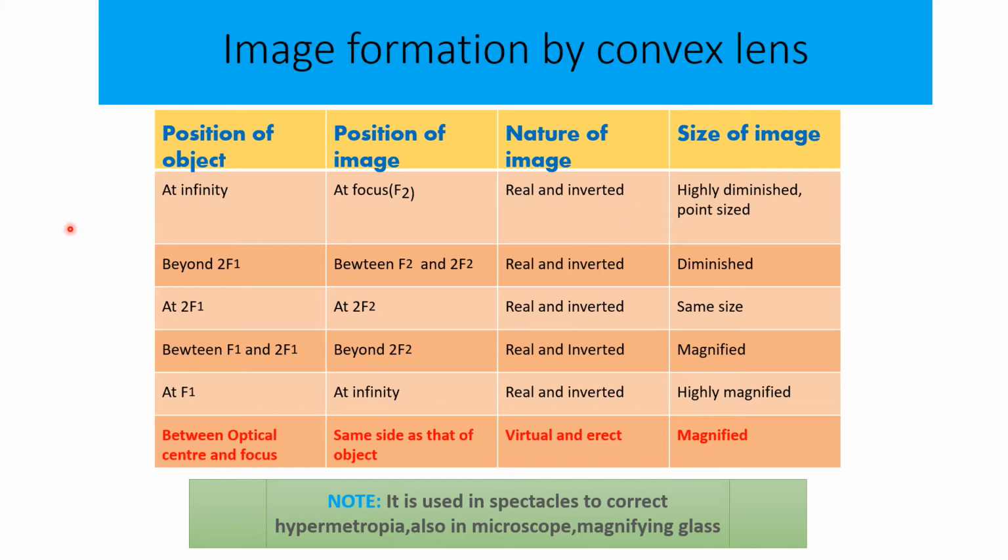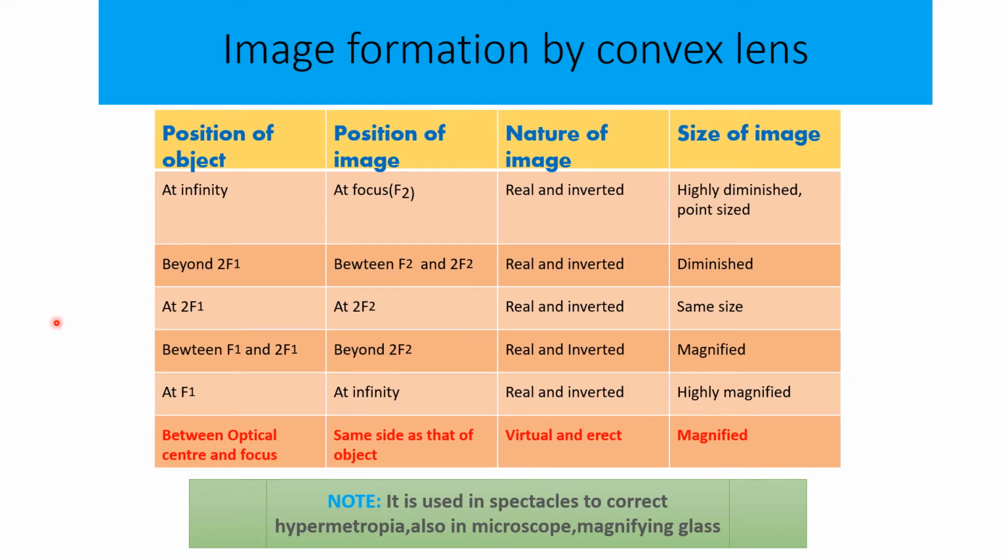Okay. Now we're bringing the object further closer, so we're going to keep it beyond 2f. If the object is beyond 2f, the image is between f2 and 2f2. Can you see that now the image is going farther from the lens? So as the object comes closer, the image goes farther from the lens. Again, the light rays are actually meeting, therefore the nature is going to be real and inverted. Still the object is not that close to the lens that it can form a bigger or magnified image. So still the image formed is diminished in nature.